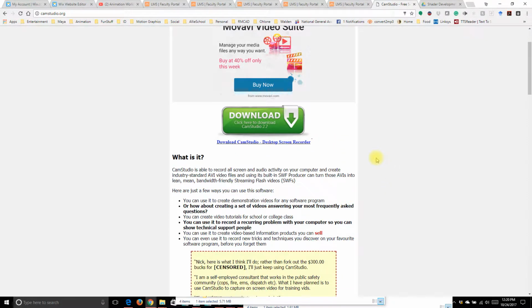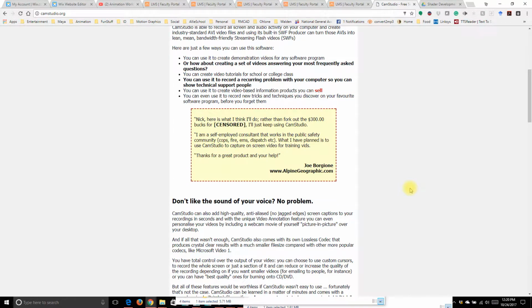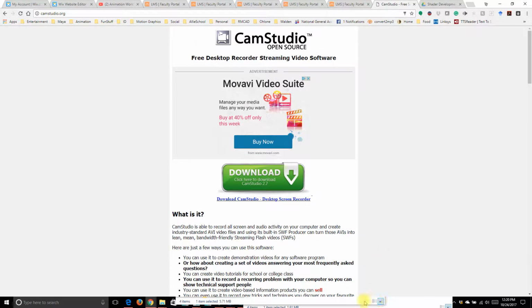a SWF or MPEG-4, and you want to try and keep the file sizes down, and that will help out a lot. You can always use this. There's a program called Handbrake,